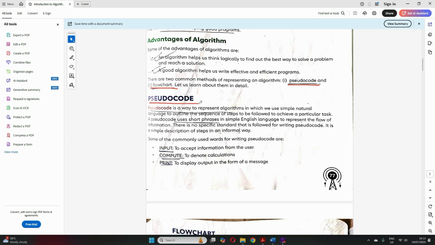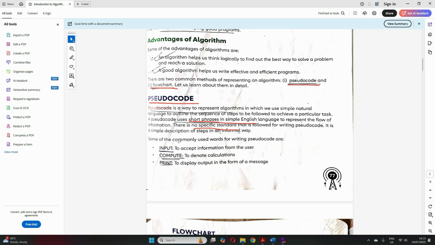In this method, we represent an algorithm in a simple natural language where we mention the steps to perform a specific task. In very simple natural English language, we use phrases from English only to specify the steps to perform a task. There is no specific standard format that we follow to write pseudocode. Any short English phrases can be used.